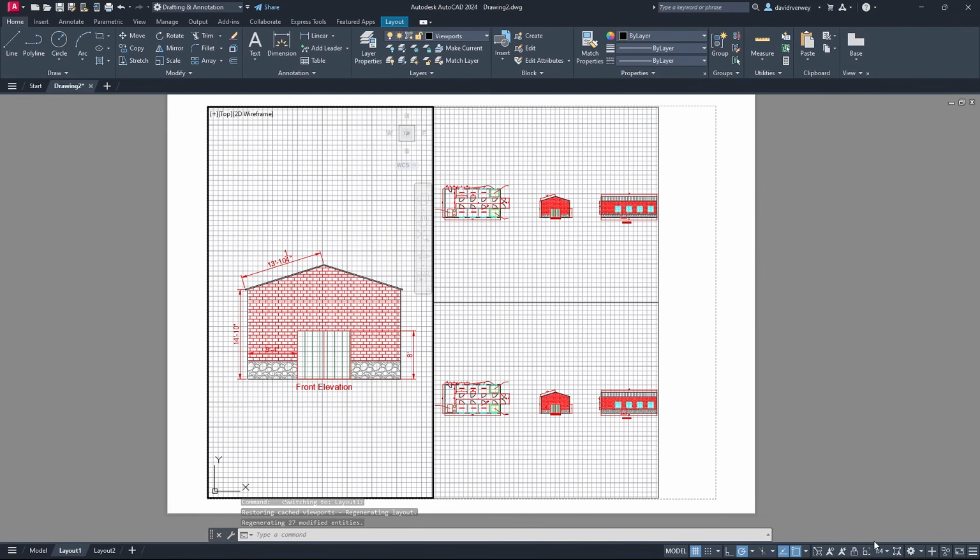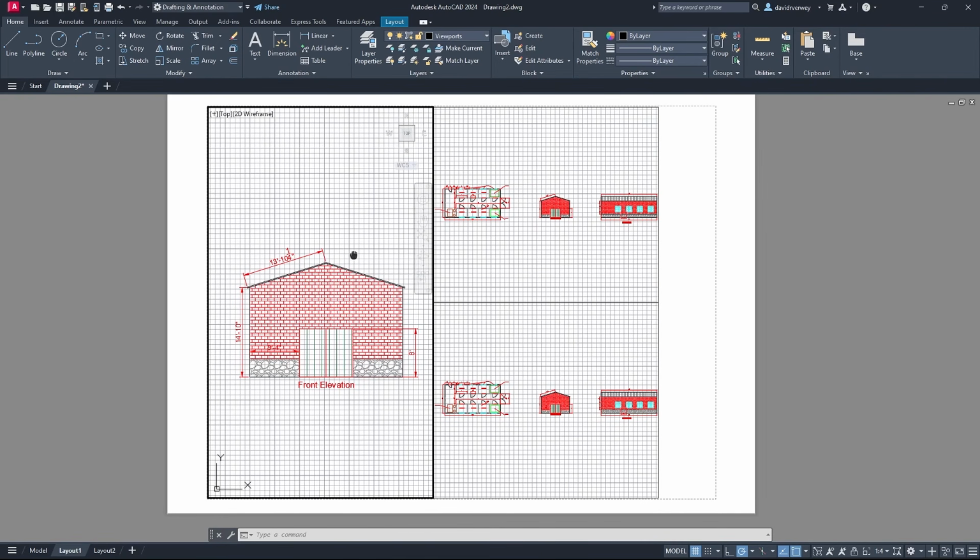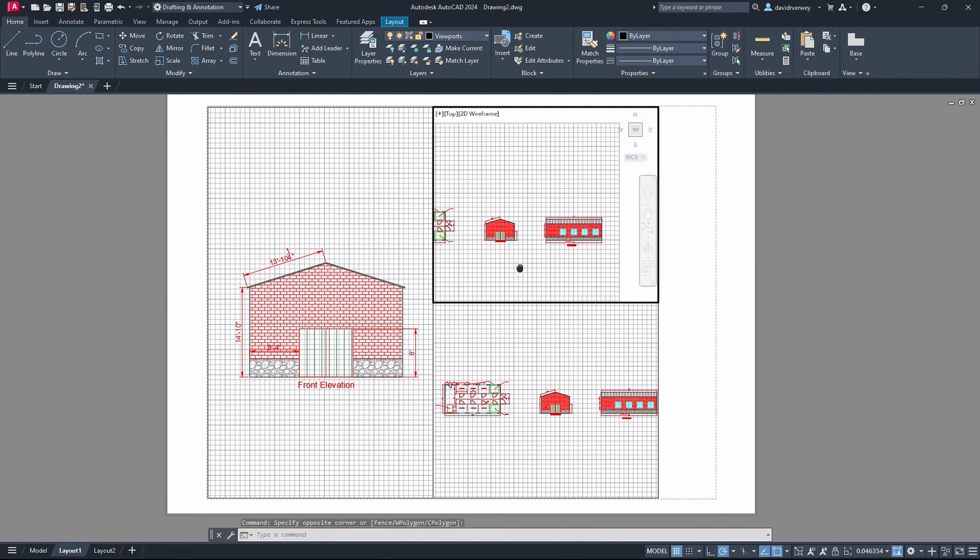So you have to keep those matched, or else they will not show up. So we're going to keep it at 1 to 4. I'm going to come to this layer, come here. So each viewport has its own set of tools down here. I'm just going to lock this viewport because that's where I want it. And then up here,